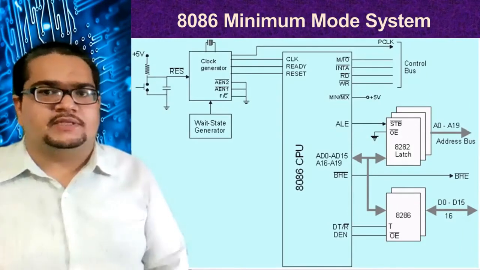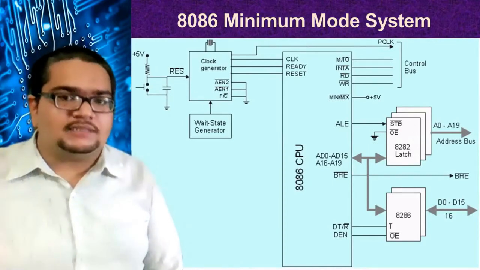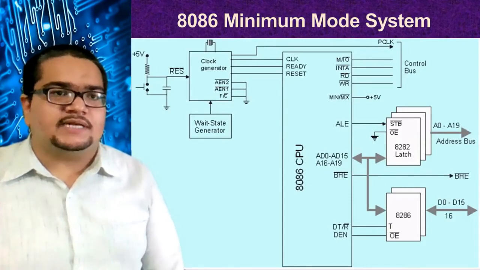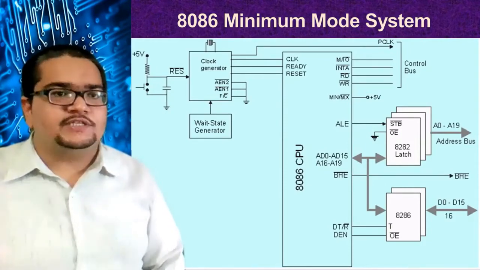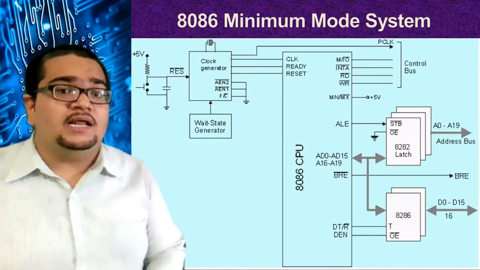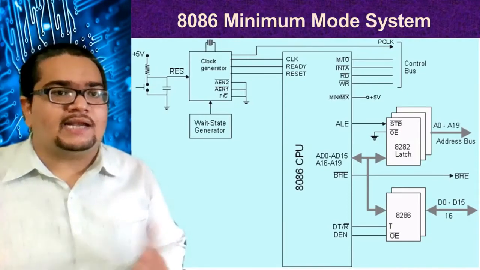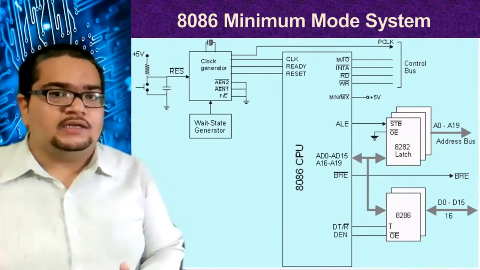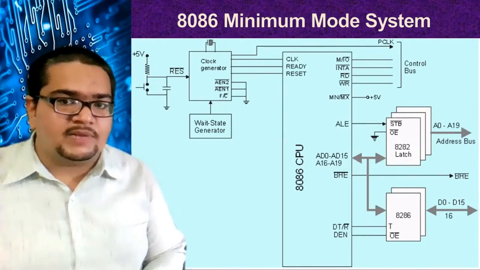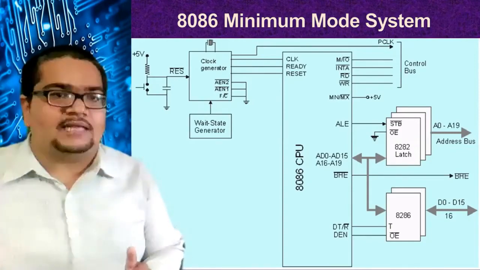Flip-flops, latches, everything. Now, downwards, under the latch, you can find 2 buffers, IC number 8286. Each one is an 8-bit buffer, a simple buffer register, and there are 2 available here, and these 2 will store 8 and 8, 16 bits of data. You can see that the AD lines go into the latches, and one bus comes out and is given into the 8286. That is the data lines.